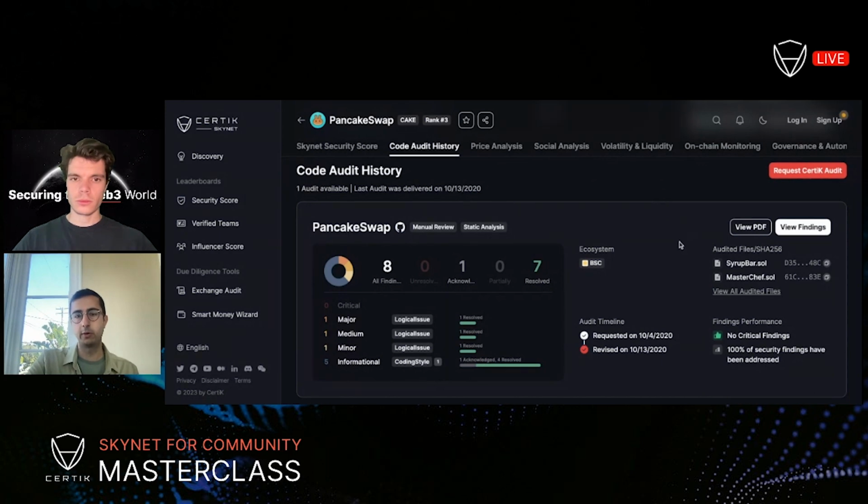It's pretty similar as before, where you can review the project's audit coverage. You can see the audit results, and you can kind of dive into more detail to see what took place. And this is only the case if the project's been audited by CertiK. As you mentioned, there are non-CertiK audited projects, and those won't have any of this available either.